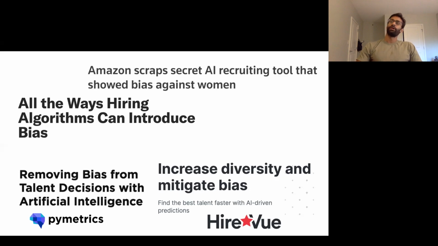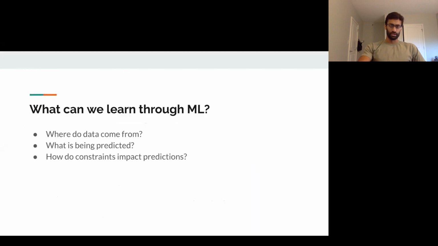Right, so these seem to tell two different stories. One story says algorithms are just going to reproduce all the bias that we see in the world, and you shouldn't expect it to be any different. And the other story, which is told by the companies who build these tools, is actually we found processes, we found ways of training machine learning systems that actually remove bias or mitigate bias. So you might look at these two stories and say, actually, it's not clear to me a priori which one of them is true. And that was sort of my perspective when I started to look at these systems.